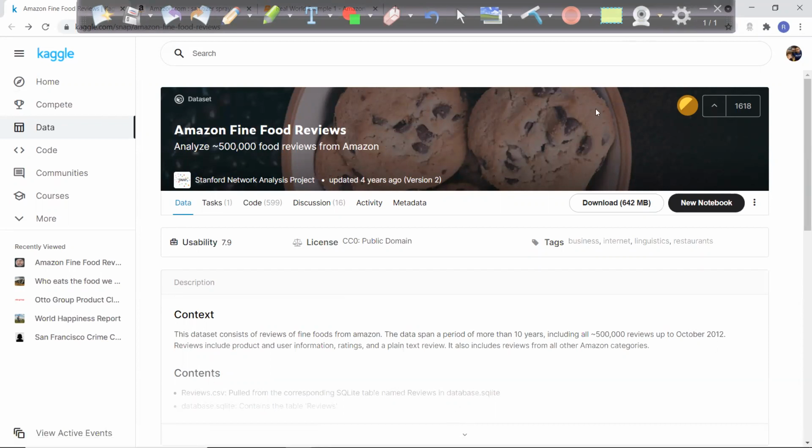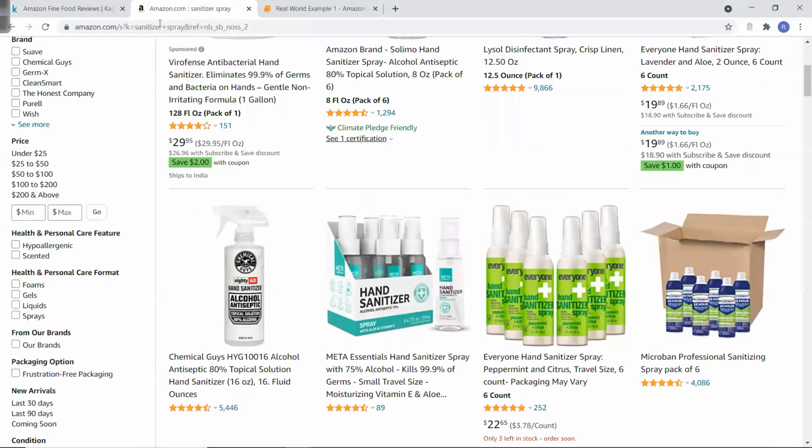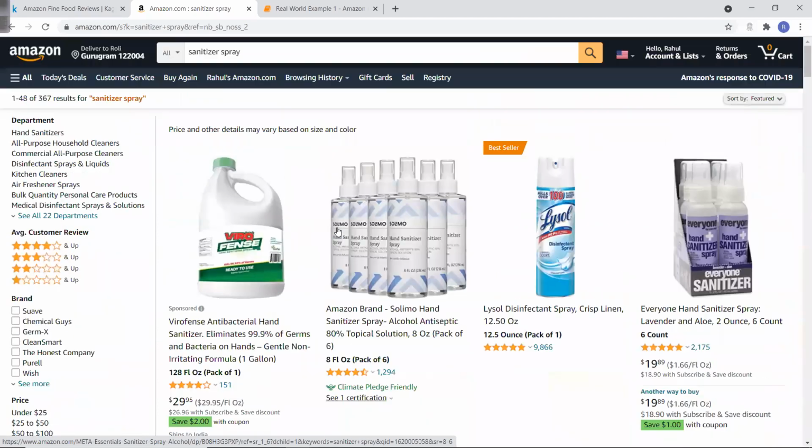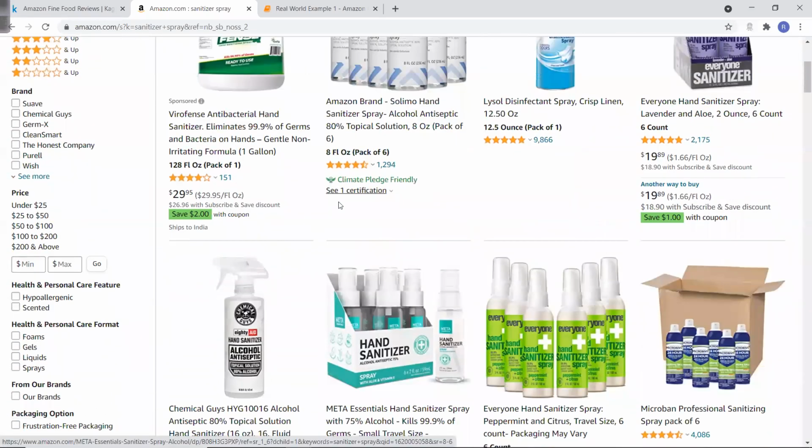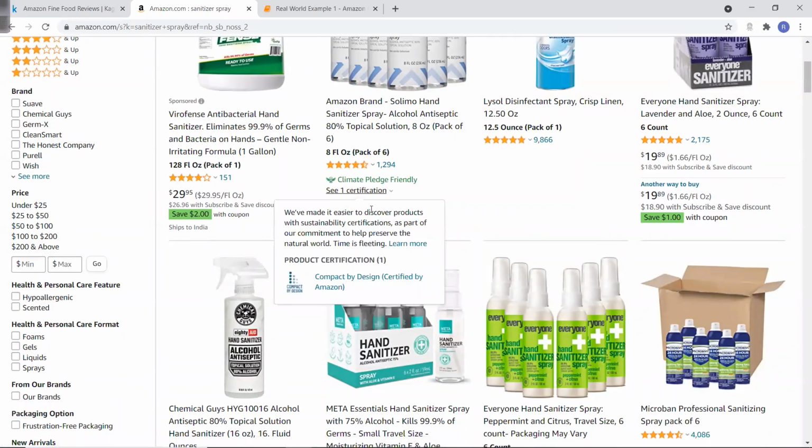So first of all, before I jump to the data set directly, it's very important for us to understand what we are looking for. For that, I will prefer to go to Amazon itself and try to understand what we are trying to do in this problem. I found this product, which is a sanitizer. People are using it a lot these days, so we can relate to it better. That's why I'll go ahead and talk about this product.